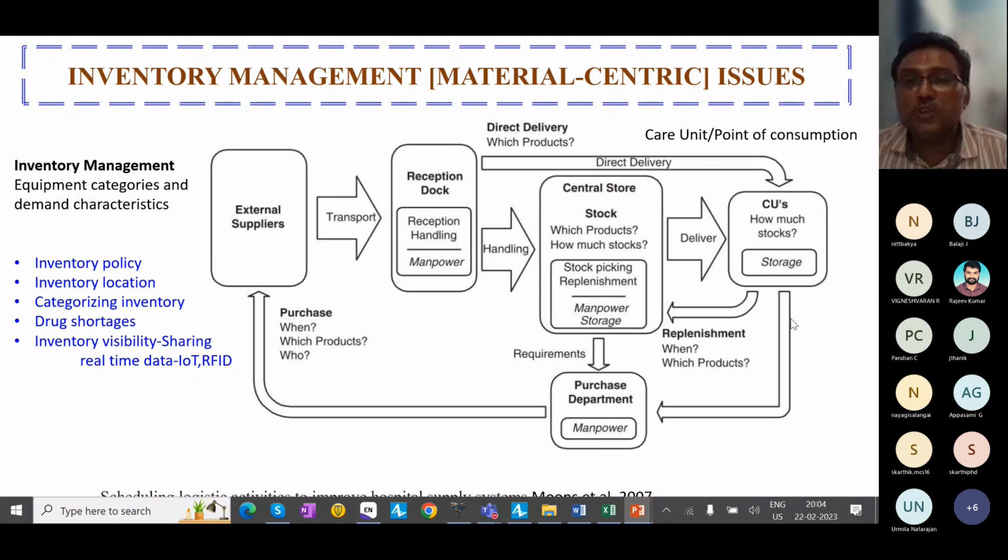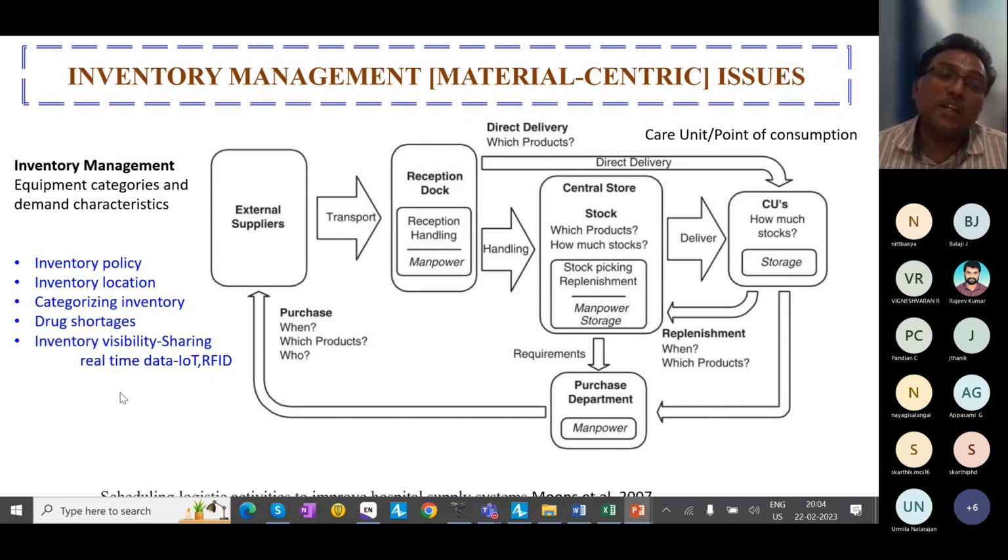So here either you can do it this way or you can place the replenishment order. Every hospital will have a purchase manager or a project coordinator, project manager. They will do all this activity. Of course, tomorrow we have a session from a doctor from AIIMS. We may ask him to elaborate how they are doing all this, right? So this will go from the purchase department either directly to the central stock, or to the external supplier directly. The supplier may deliver the item either through central stock or directly to the care unit.